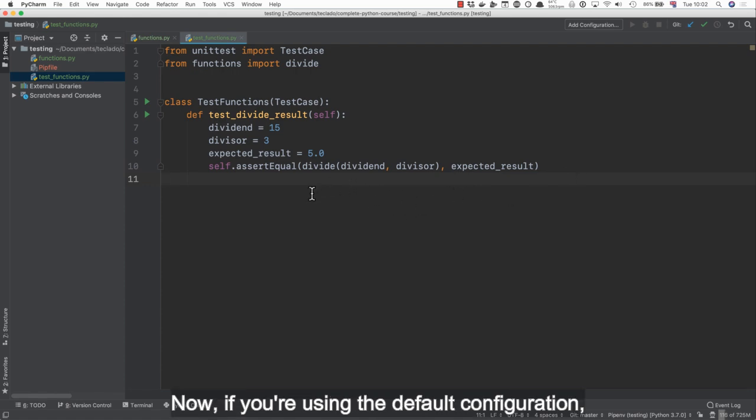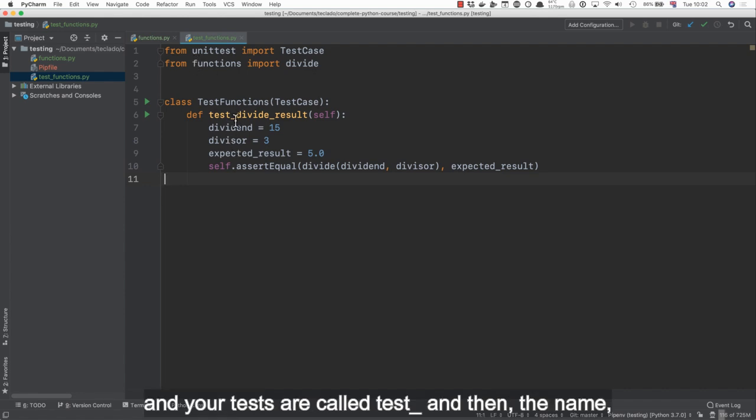Now, if you're using the default configuration, i.e. your file is called test underscore and your tests are called test underscore and then the name,